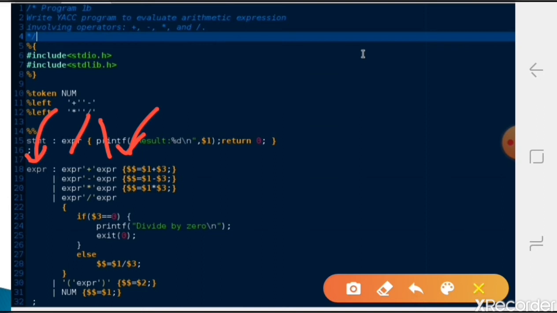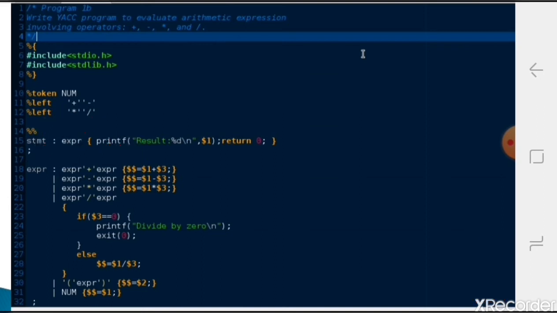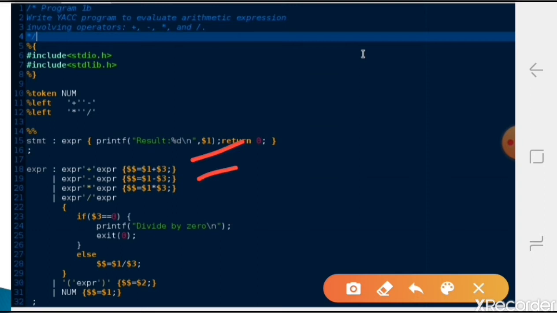Like that, we have addition, multiplication and subtraction, three things. For division, if I have expression divided by expression and the second expression is 0, we can't divide, so that is an exception.